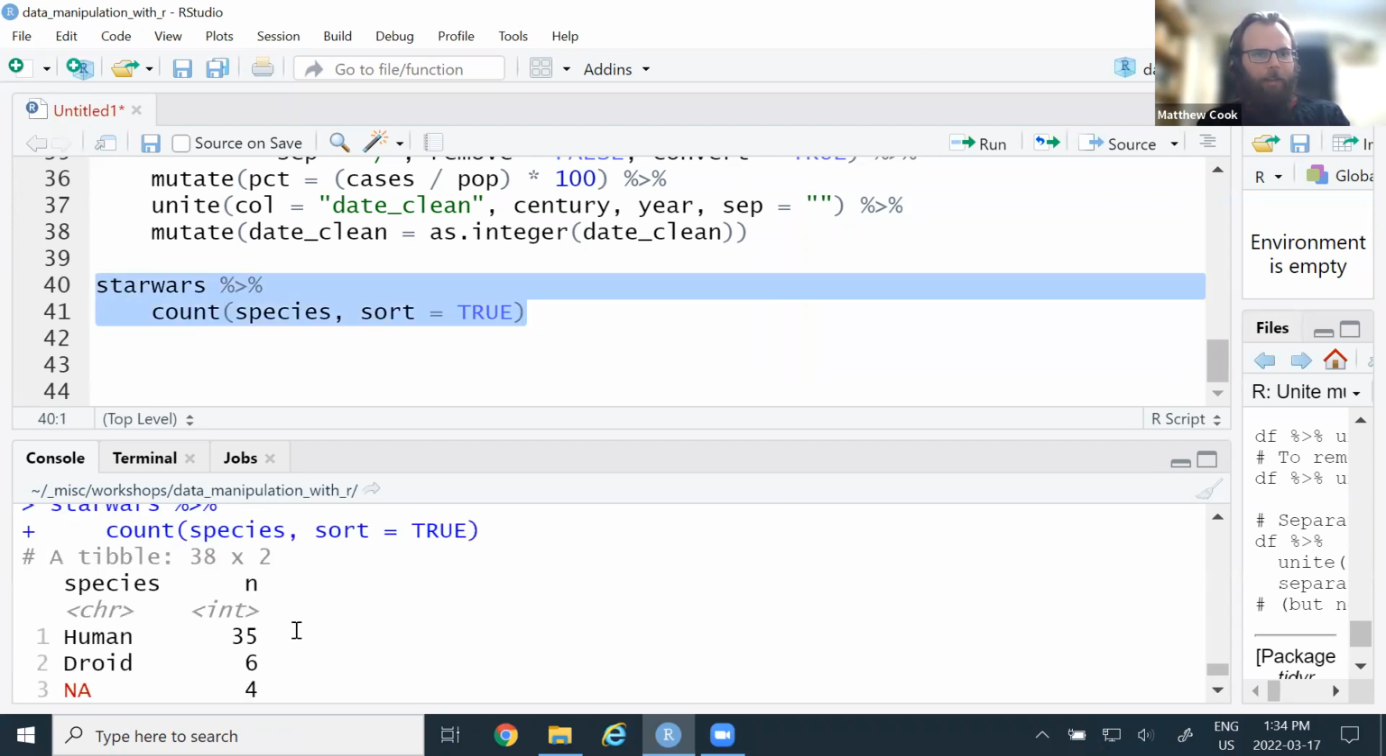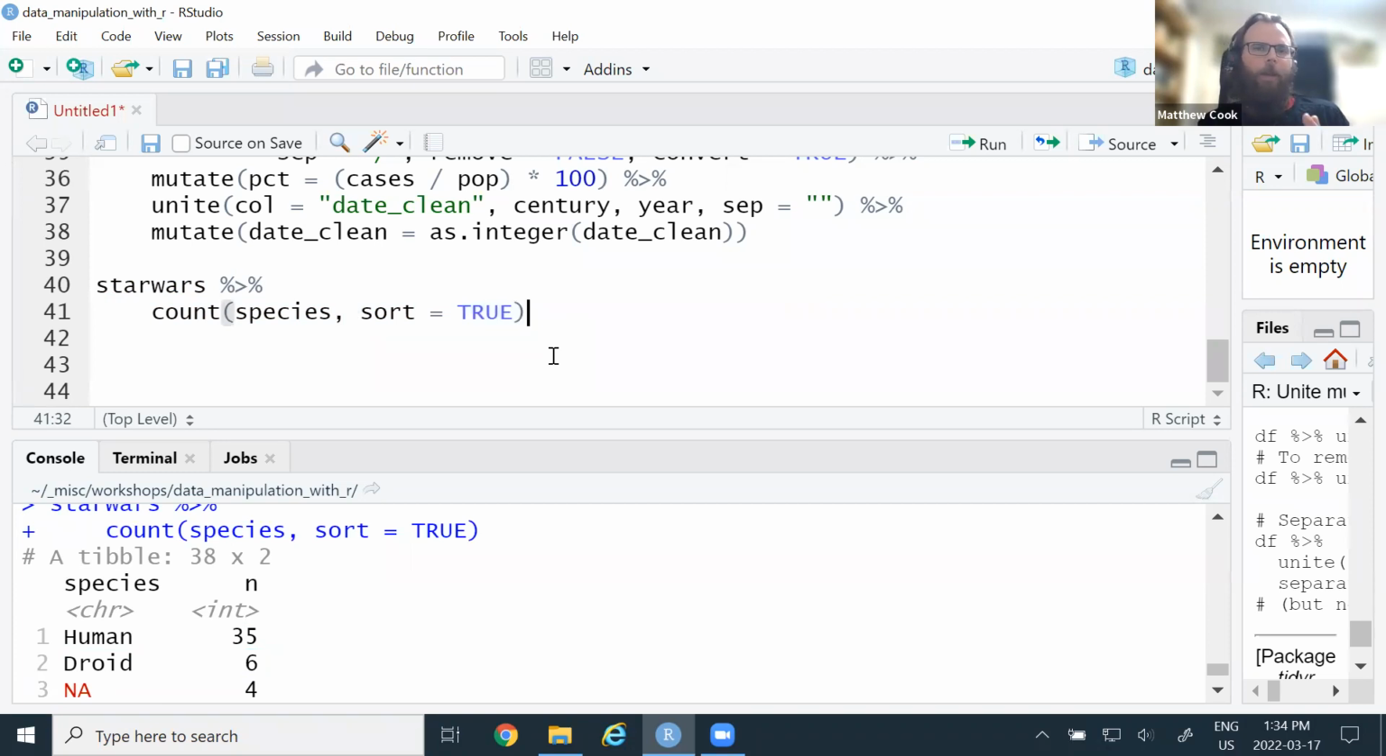So we can see that human occurred 35 times in this data set, and then most of the other species are not very frequent, right? This one, droid, only appears 6 times. So maybe what we really want to do is make a new variable that encodes whether that character's species is human or something else, right? And in that way, we would be able to get summaries or plots or group by that new column that tells whether it's a human or not, right? So to do that, what we can do